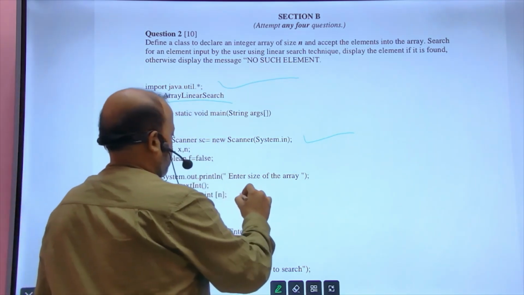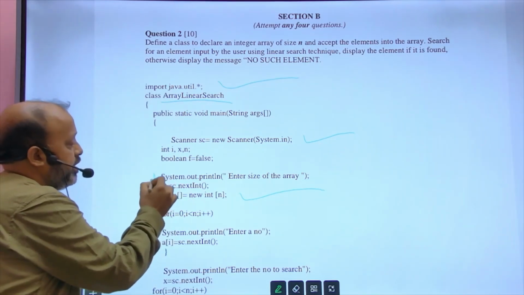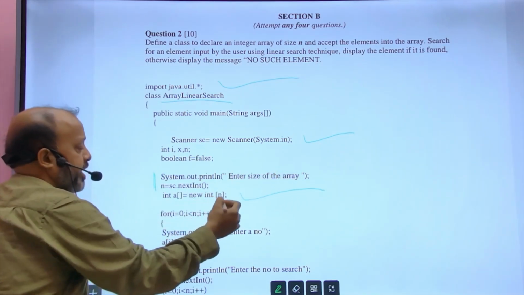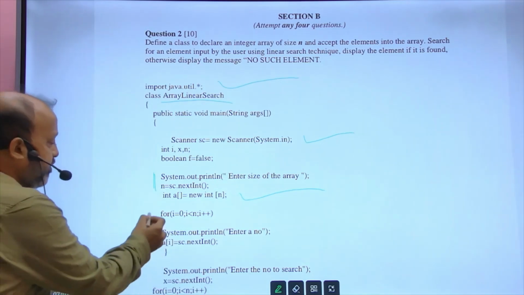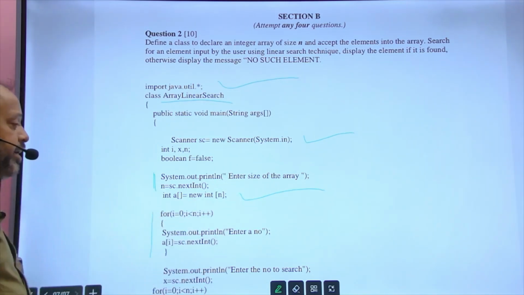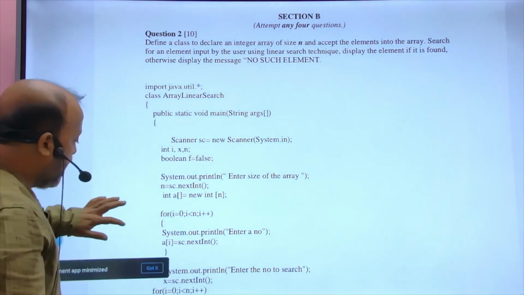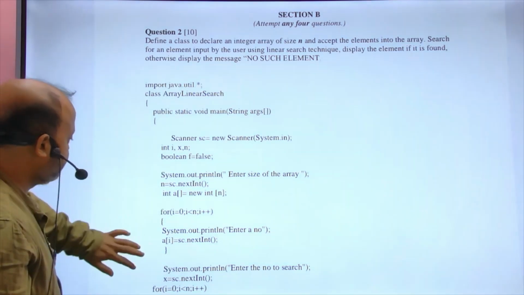This is the line to create an array. Before that, I have taken a number. देखो, एक number लिया, enter the size of the array, declared an array. Then after that, for input, a loop starts till n. I have entered n numbers. Right? I have entered n numbers. After taking input,